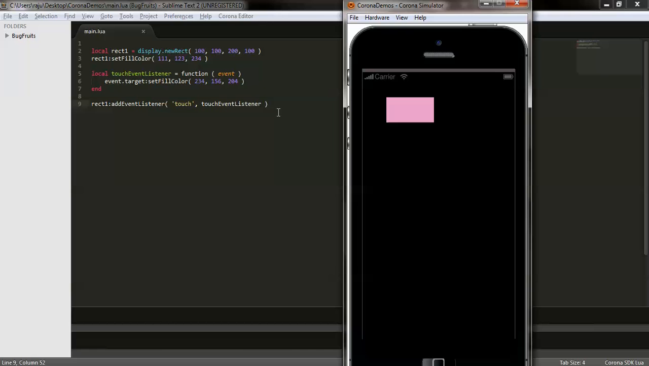In this way you can see that we can associate any event with any of our display objects. So that's it for today. In my next video I will show you the different phases of the event in an event listener. There might be different phases like moved, began, ended, cancelled, and things like that. So we will continue with the event phases